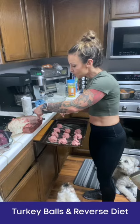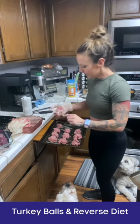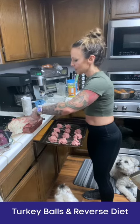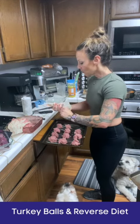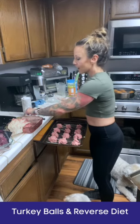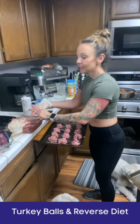However, next week, I'm gonna add 100 calories. And then the following week, 100 calories. And then the following week, 100 calories. And so over the course of like 2 months, I'm gonna build myself back up to be eating 1,800